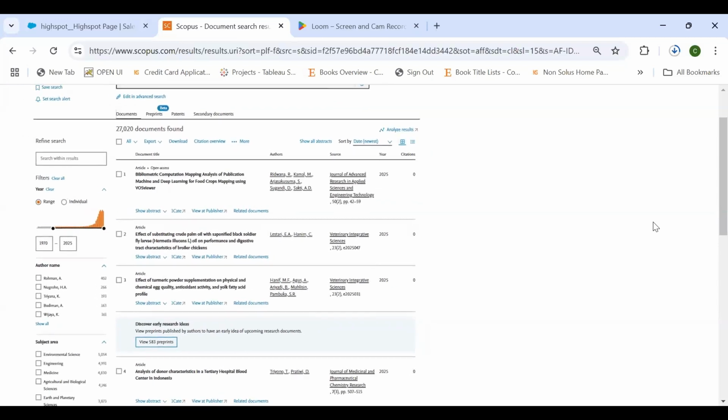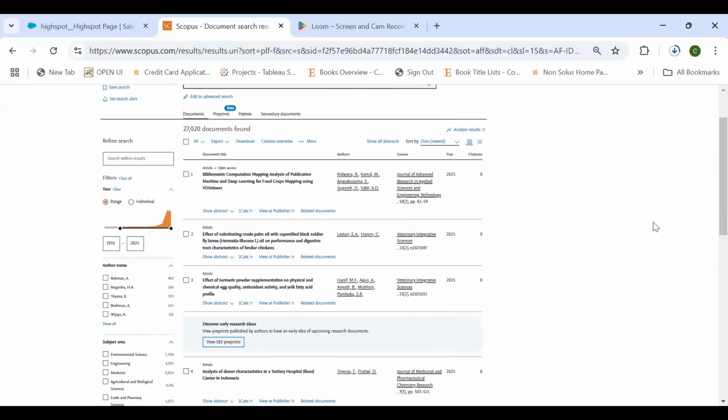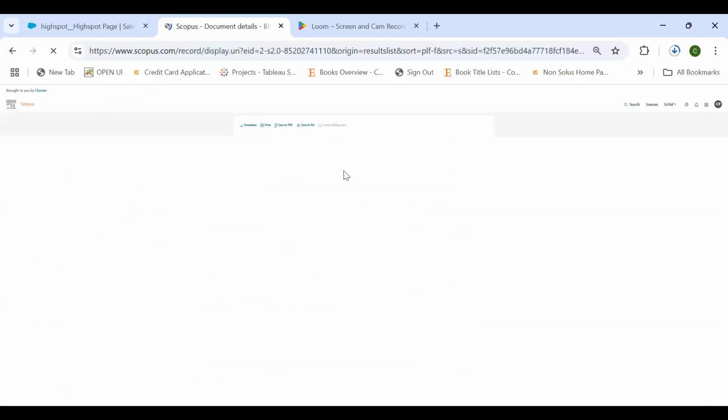So again, with Scopus, these are abstracts. It is not a full text data or a full text article. So once we click on a particular abstract, it would lead you to the publisher's page, which you could actually download, save as PDF, or you could save in your list or print.